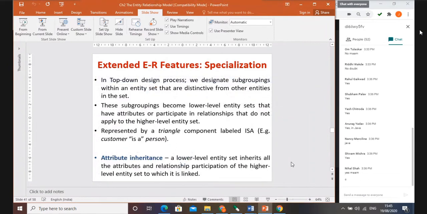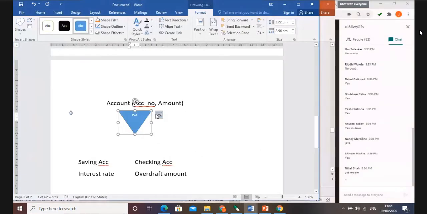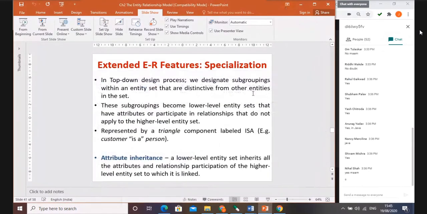The same notation you will use for generalization. What people are doing usually, when they want to show that this is for specialization, then for generalization they make it in a reverse way. No, this is the correct notation for both the things. Only the way you are reading is different. Okay, account is a saving account. Account is a checking account. Is a, or type of account is checking account. Type of account is a saving account. Specialization and bottom to top generalization.